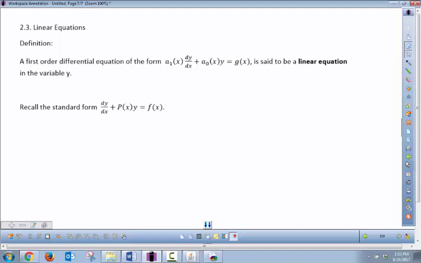So if we can somehow write our linear equation in standard form, usually standard form has 0 on the right-hand side, but if it doesn't have any of the dependent variables or derivatives, then we just move it over to the right-hand side. So this is one standard form. If we could somehow write it like this, where the coefficient of dy/dx is 1,